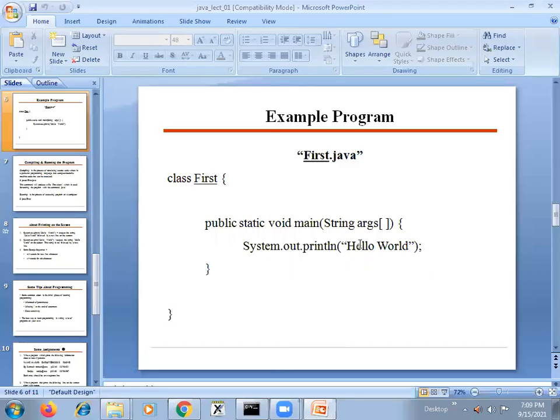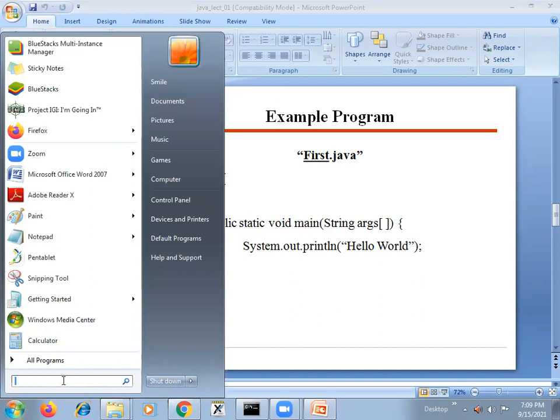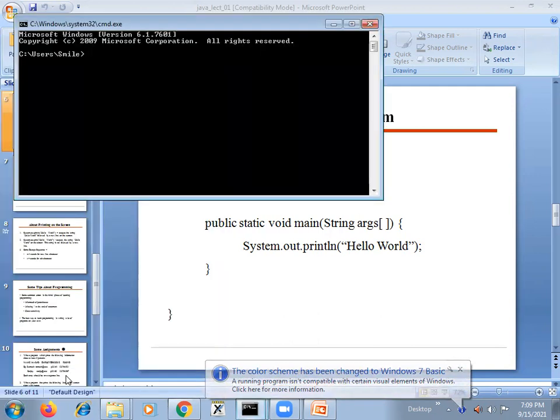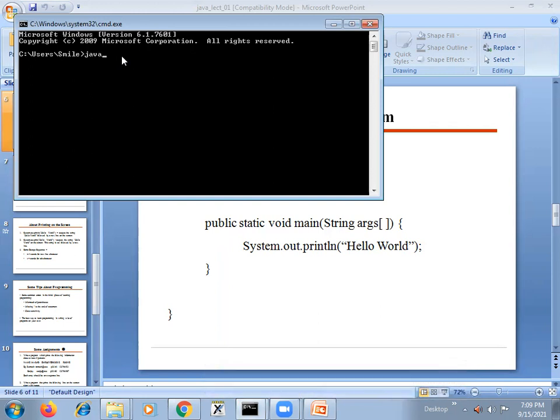First thing, to find out whether Java is installed in our system or not: go to Start, type cmd, and open your command prompt. Then type a command called javac. If you get a message like "javac is not recognized as an internal or external command"